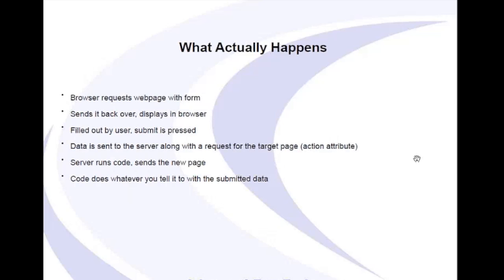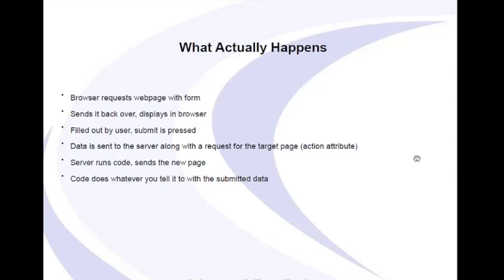Maybe I'm filling out an application for a car loan, for example. I fill it out, check everything's good, I hit submit. What happens is my browser looks at that form, looks at the action, and when I hit submit, it is going to request that page that I'm targeting in the action. It'll then, as part of that request, append all of the form fields and key value pairs. So you have your field name equal to, and then whatever value you are passing it. So first name is Tom, last name Beebe, etc. And then passes that all in the same request to the action